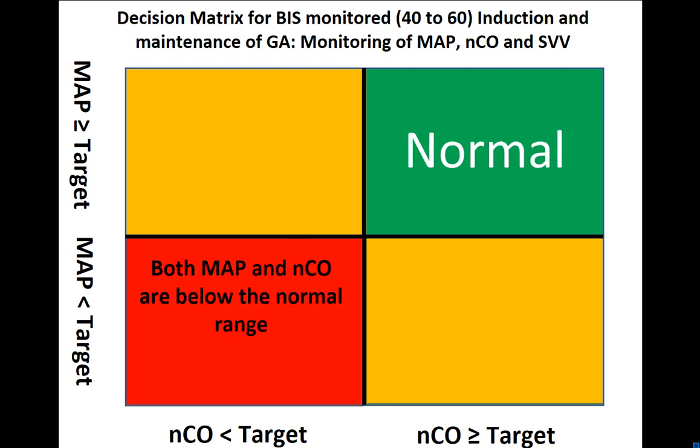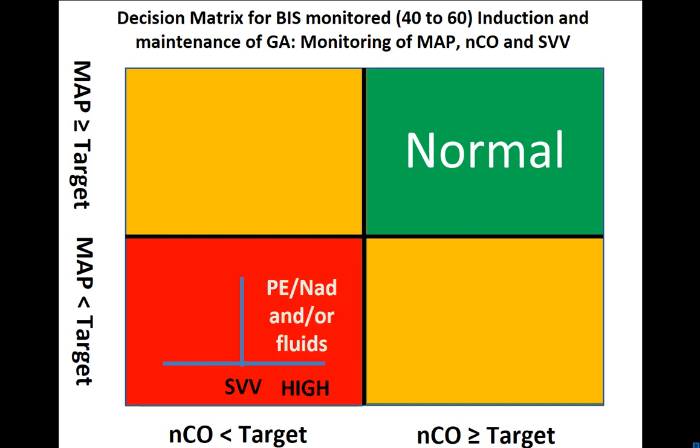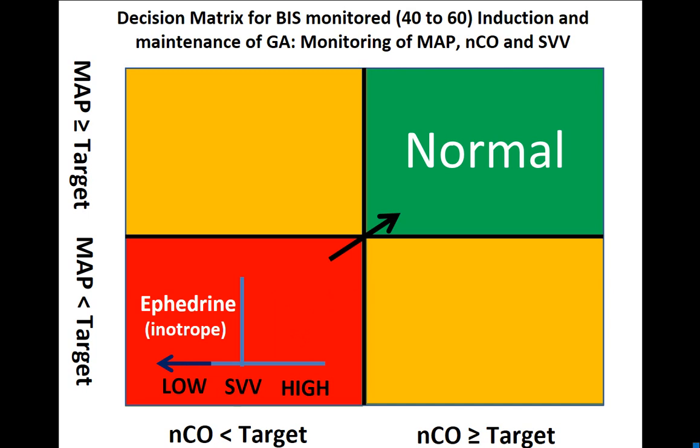In this group, both mean arterial pressure and cardiac output are below the normal range, and here we need to restore mean arterial pressure and cardiac output. And here we again would look at the stroke volume variation. If it's high, then we would start off, first priority, get the blood pressure up with phenylephrine or adrenaline, and then add fluids. And here, if it's low, we would use ephedrine or another inotrope to get it back to